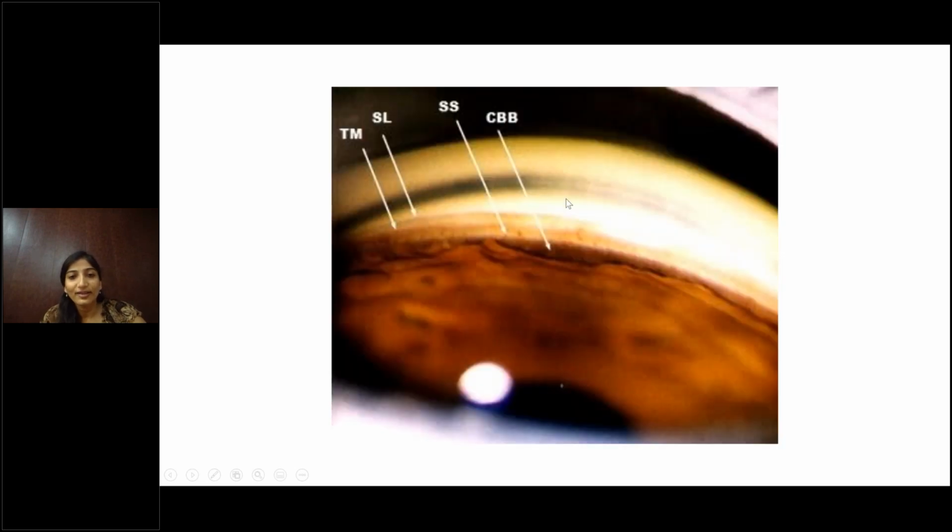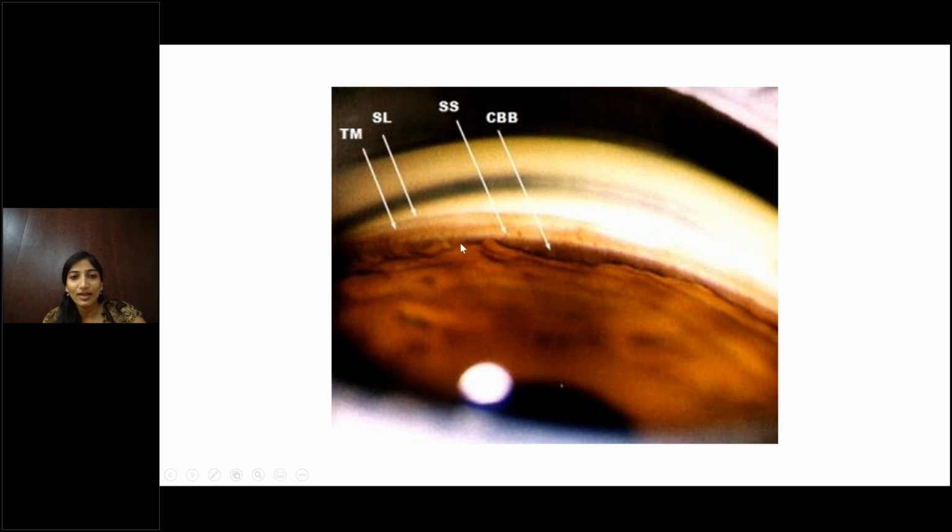So how exactly does it look on a magnified view? This is the lens that has been placed on the cornea. Okay, and this is the pupil, and the brown color is the iris. Now going from anterior to posterior, anteriorly you have Schwalbe's line. Okay, then you have a pigmented area, that is the anterior trabecular meshwork. Then a pigmented area, which is the posterior trabecular meshwork. Then the scleral spur. Then you have the ciliary body, the dark brown area. And this peripheral part is the root of the iris.